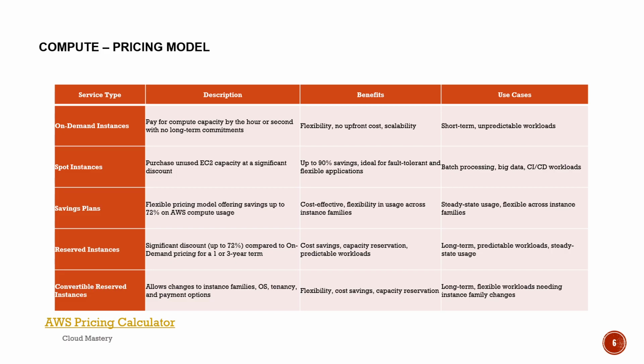Moving to the next one, let's talk about the pricing model. If you're working in a cloud operation role, then you should know about some pricing models as well: what pricing model and what type of service needs to be proposed to the client. So if I say on-demand instances, if your environment is very short term, say a development or QA environment, and the client has only a 2 to 3 months scope, or 6 months scope, then you can